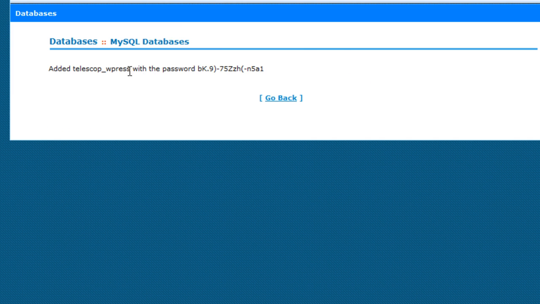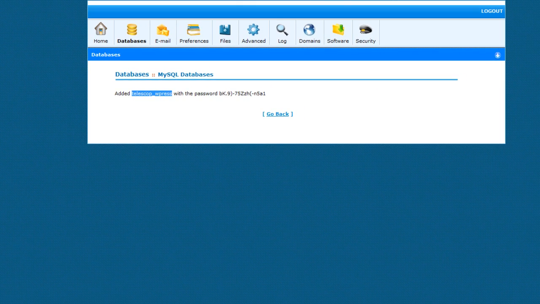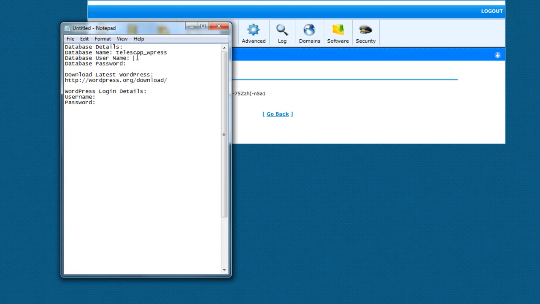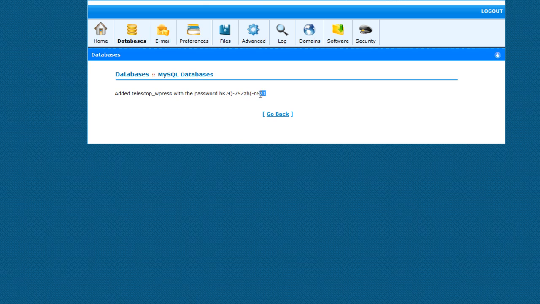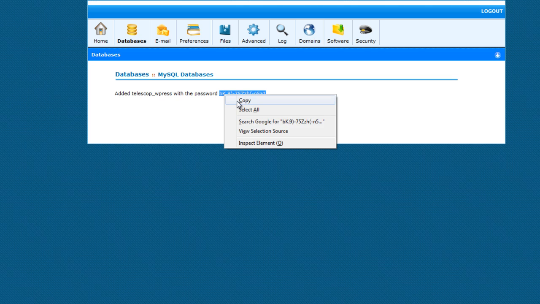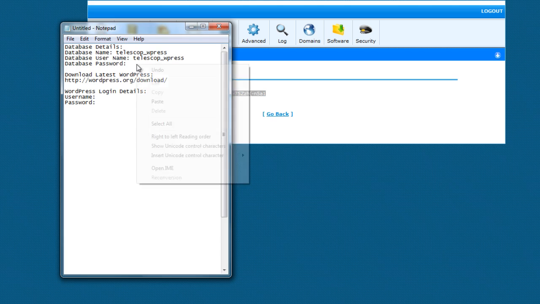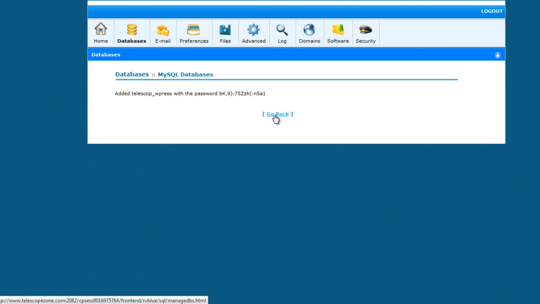and here's the database username. You want to copy this part to that text document again. That's the database username. And here's the database password I just created. You can see I got a dot, hyphen, some opening and closing brackets in there. Use whatever you want. I'm going to copy that to my database password, and then I'm going to go back,